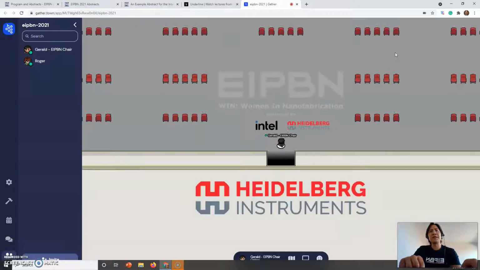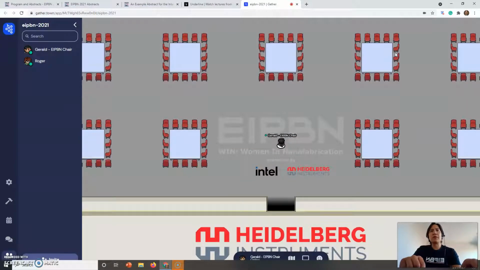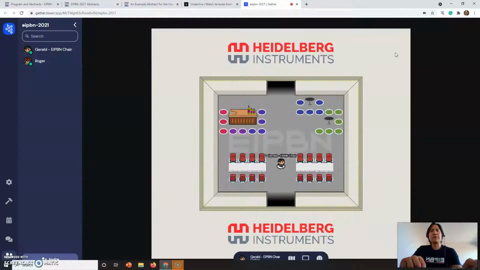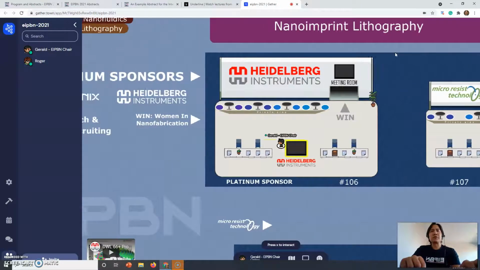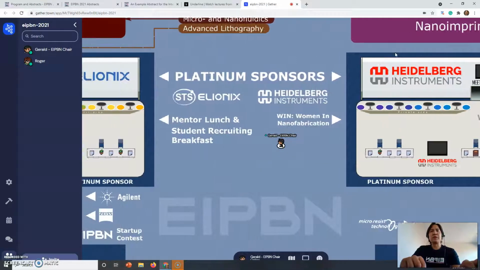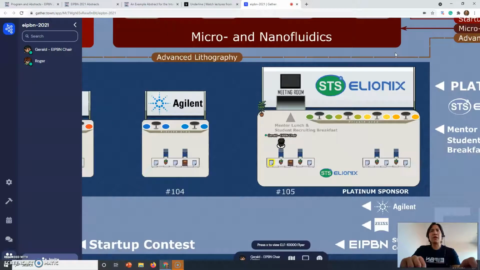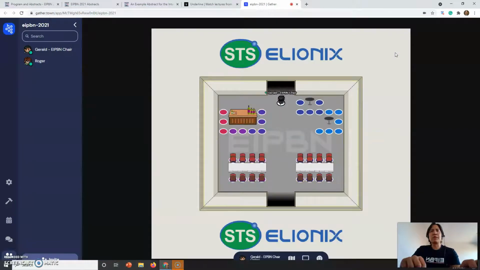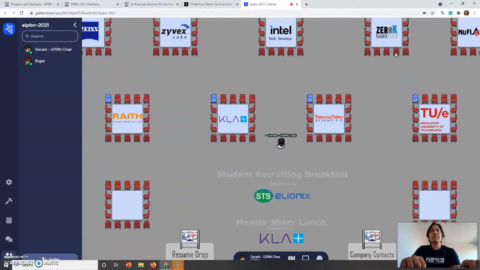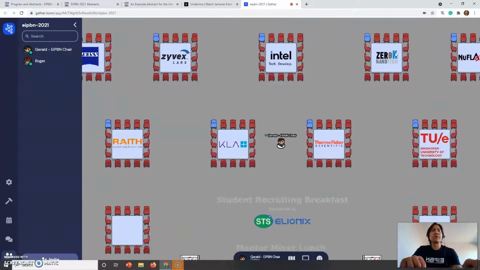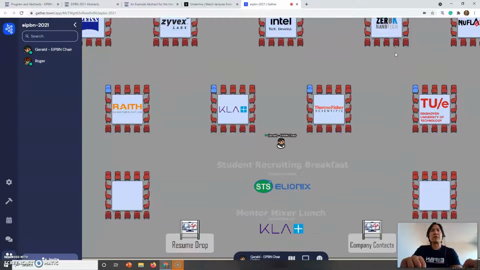So you would just go inside, and that will bring you right inside here. And you can just leave. And then I'll show you the other one over here. You'll be able to walk right in and go right through their meeting room and be part of the student recruiting breakfast and talk to different representatives from the different companies that are represented.